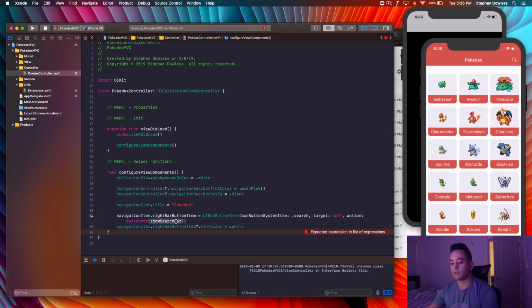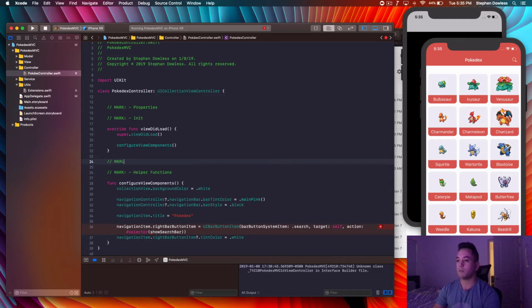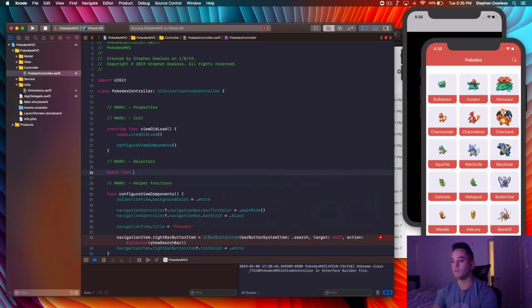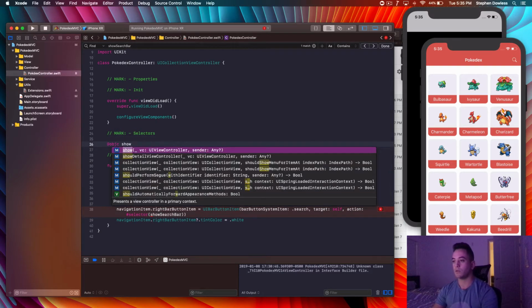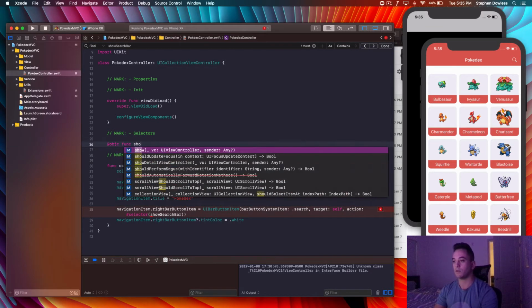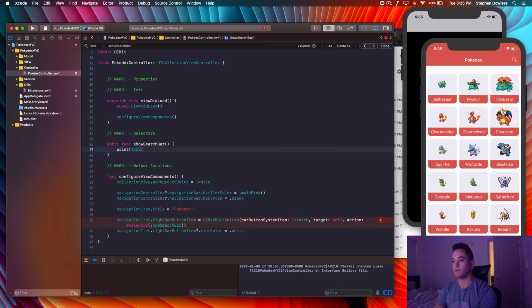We need to create this function now, so go ahead and just copy that, go up here, create a mark, say selectors, and then you're going to say @objc func. Oops, what happened? Paste that. Just showSearchBar. My bad, guys. func showSearchBar. And here we can just say print 1, 2, 3, 1, 2, 4. Doesn't matter. Okay, now if we run this,